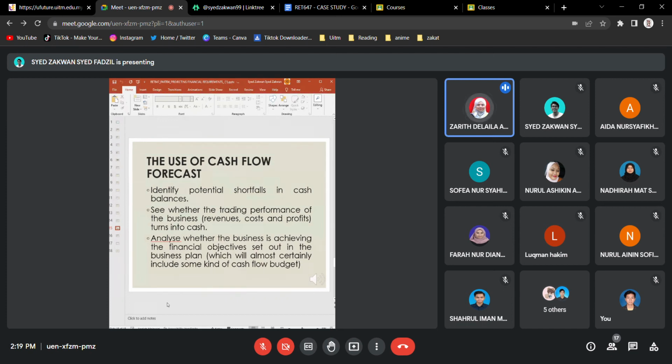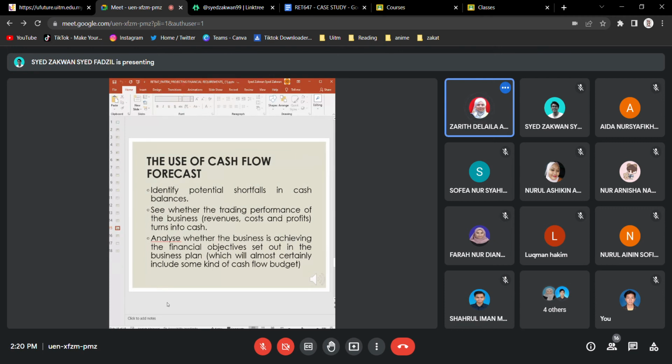Okay, now we look at the use of this cash flow forecast. Kenapa kita nak kena tengok kita punya cash flow? Because we want to see whether we may face any potential shortfall in the cash balance. Okay, daripada sini kita boleh tahu sama ada akan ada tak potensi shortfall ataupun shortage in terms of the cash balance. And then number two, the use of this cash flow is actually to see whether the trading performance of our business, especially our revenue, our cost and profit can be turned into cash. Okay, sebab kita nak tengok kita punya revenue, kita punya cost and profit kita ni, kita boleh turnkan it become